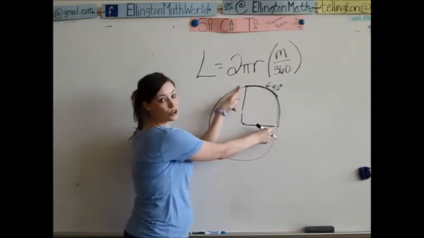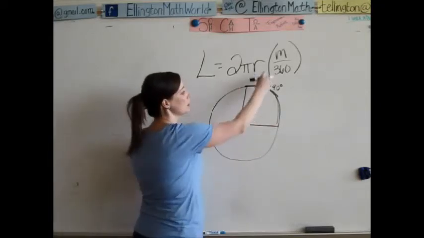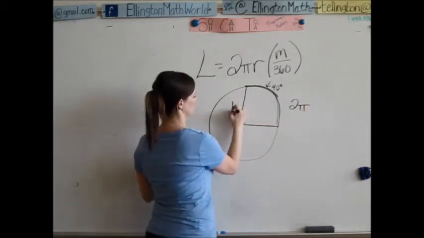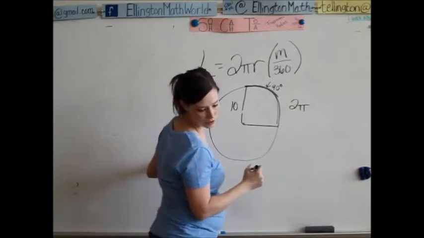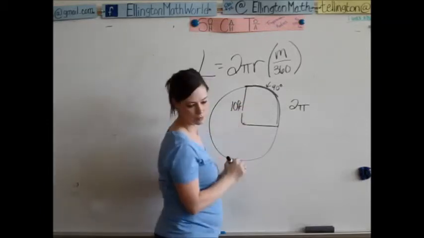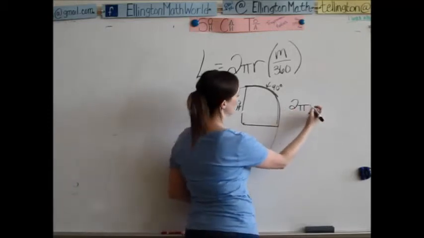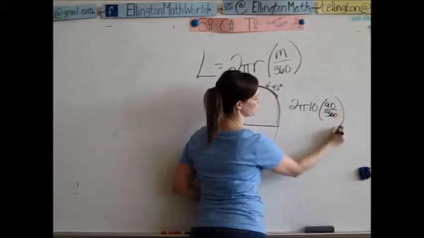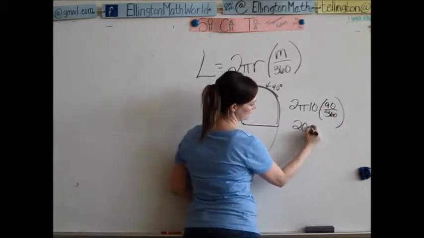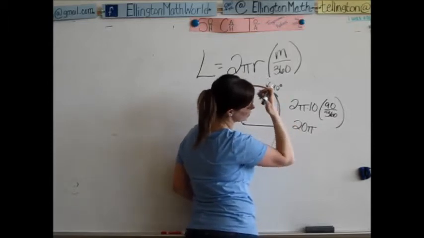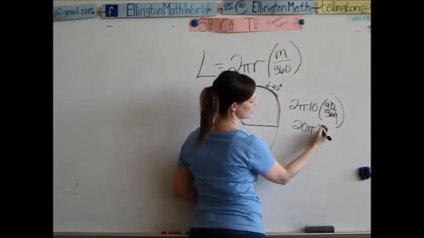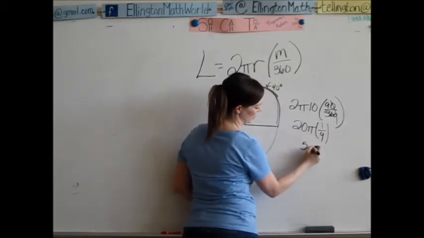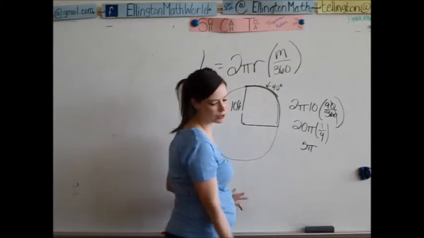So I know this is 90 degrees of the whole 360. I plug it into the formula, and I get 2 pi, this is 10 by the way, 10 feet. And I know 2 pi times 10, all that 90 over 360. I get 20 pi, 9 over 36. So I cross off my zeros. 9 over 36 is going to give me 1 over 4. 1/4 of 20 is 5 pi. So you punch 5 pi into your calculator and you get